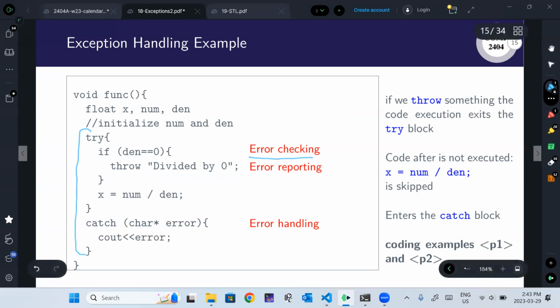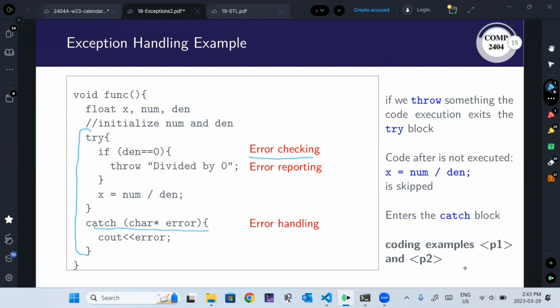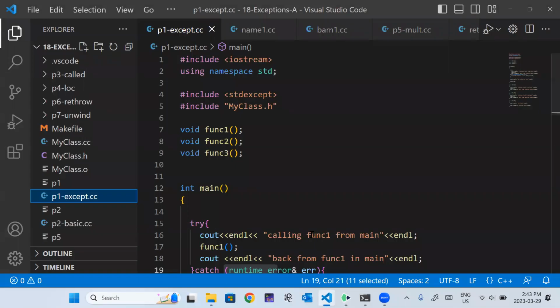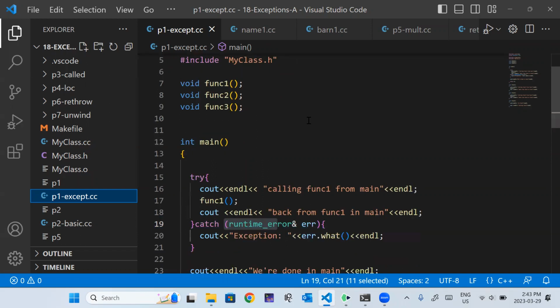We can basically throw whatever we like. And then we handle the error in the catch block. Okay, that's the basic structure. Nothing you haven't seen before, but we're going to look at what happens to our control flow when we throw exceptions, and then how to handle problems that happen because of it.